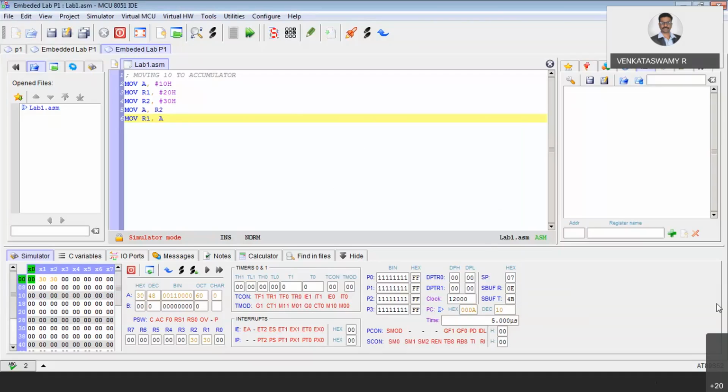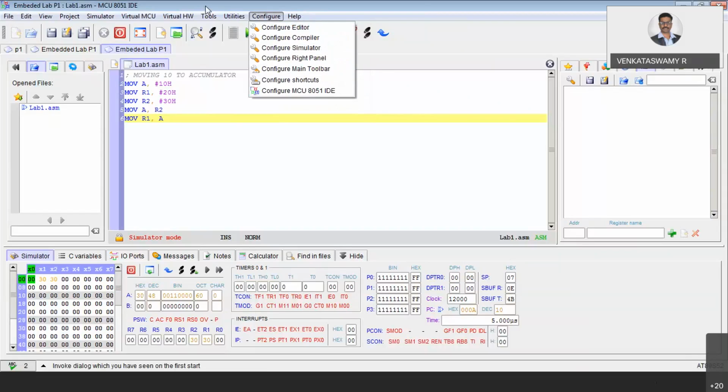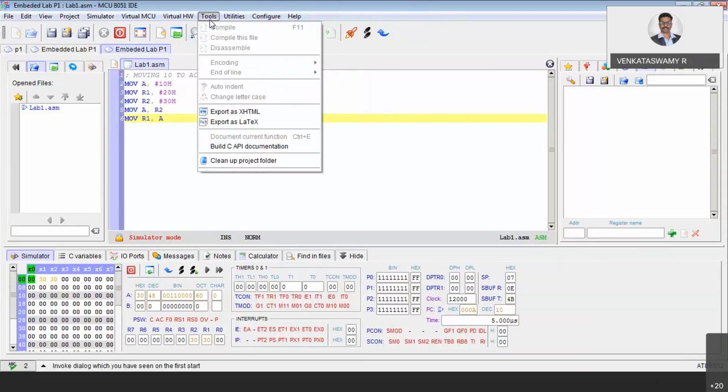Now, just to do some groundwork, Gnanadas, can you click on the Help menu? Is there something like tools? Do you not have an instruction set?